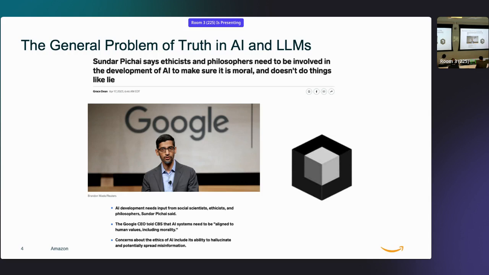So not only have we not really unpacked that things like truth can be contextual, we also don't really have reliable mechanisms for enforcing truth in AI systems. And that's why we're thinking about knowledge representation methods as a way to ameliorate some of these issues that we're trying to solve with truth.